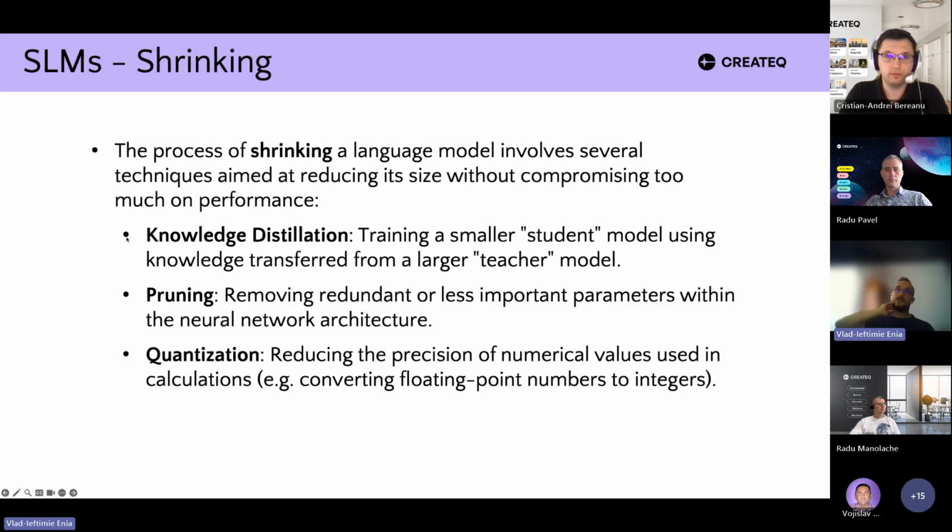Now, these SLMs are created through the process of shrinking large language models. Some techniques include knowledge distillation. So you train a smaller student model using knowledge from a larger teacher model. So you don't use the raw data that was used on the large model. You use data outputted by the large model in order to train the student model. Knowledge distillation is something that DeepSeek used to train its more efficient